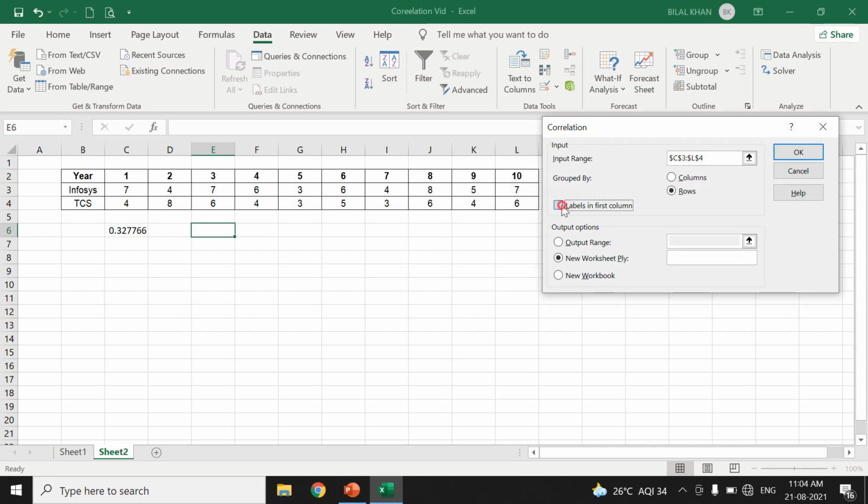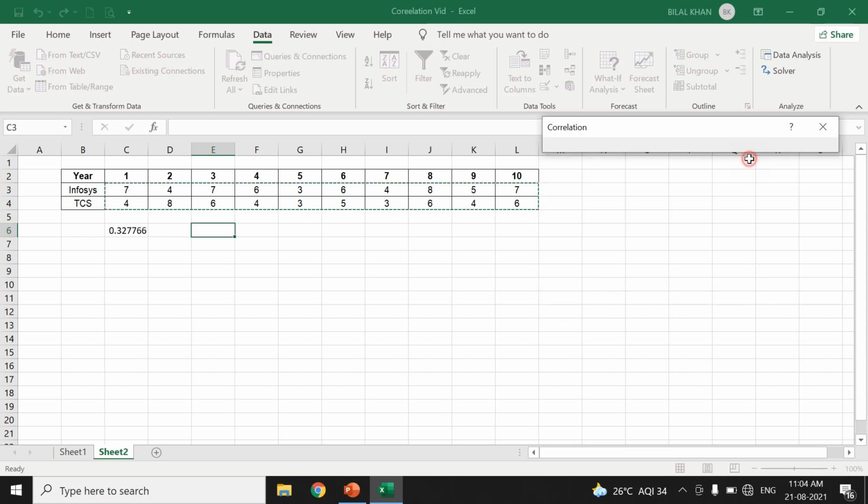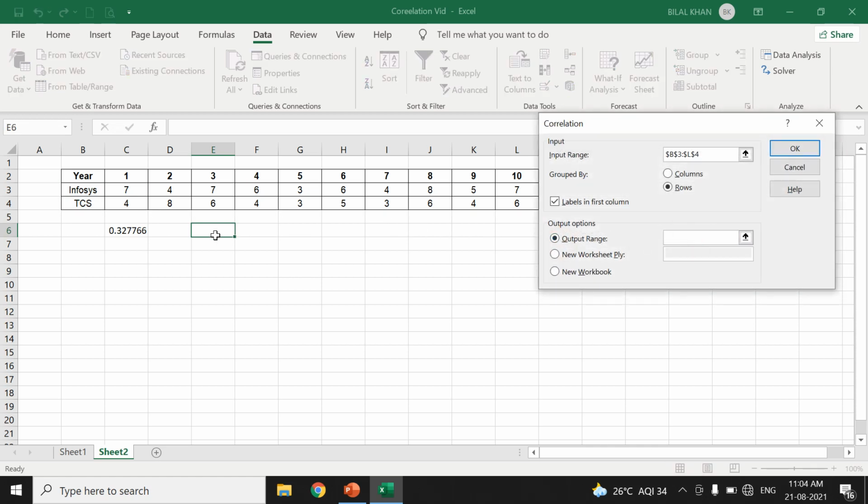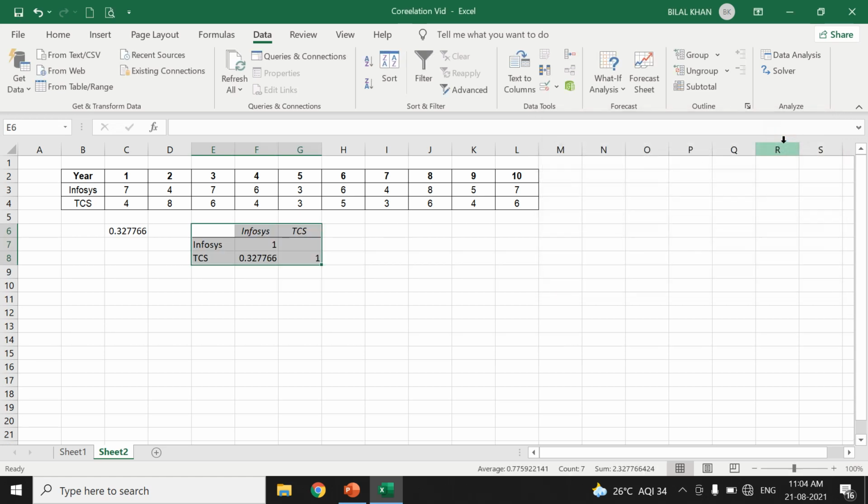So I can go back and reselect the data. It is always a good idea to take the labels. So I have taken the labels, the output range is this, so I'll take the output range and hit OK. I get the same thing, but now I've got a matrix. The best part about the matrix is that when you have multiple correlations among different pairs, you get it in a matrix form.